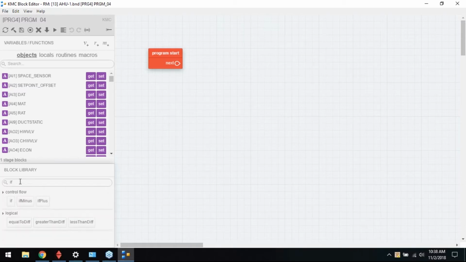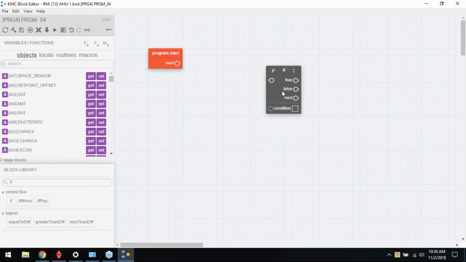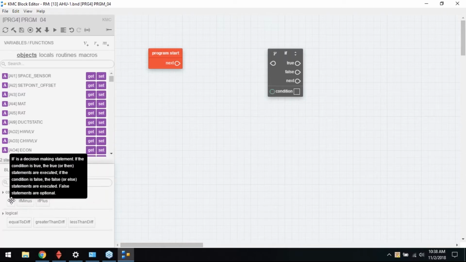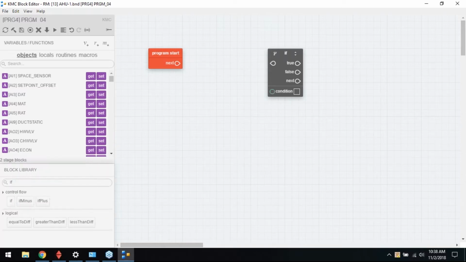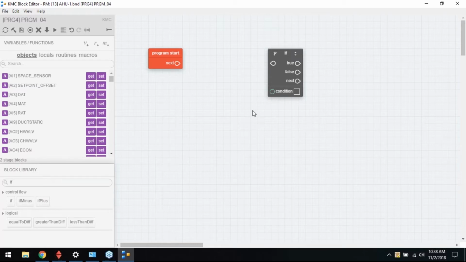Now, if you've done line code, you'll know that if is a block that is used quite a bit. If I run my cursor over the top of that, you can see it gives you a description of what the different blocks do. So it's a decision-making statement. If the condition is true, the true statements are executed. If the condition is false, the false statements are executed. So what we want to do is we're going to start,